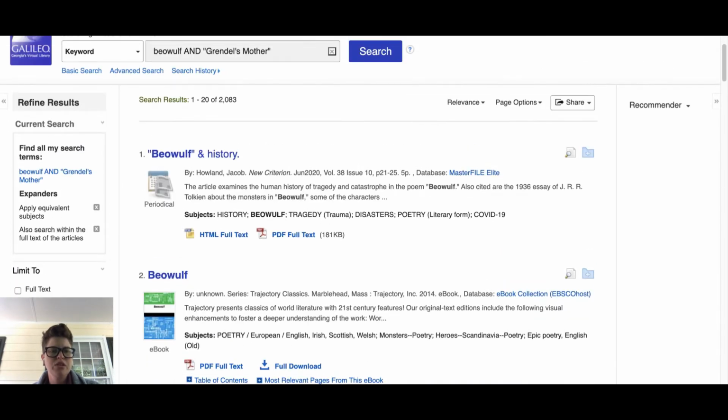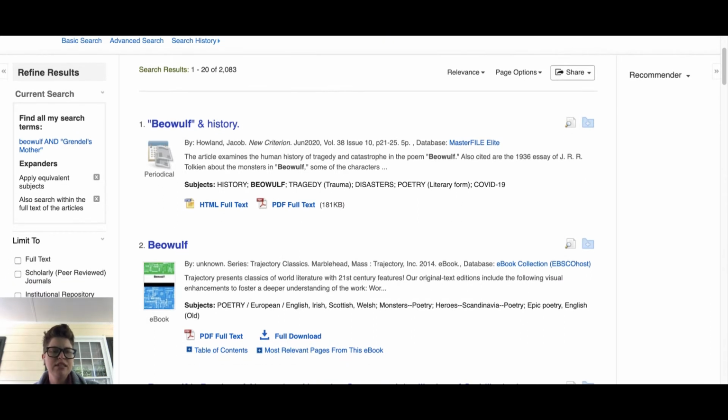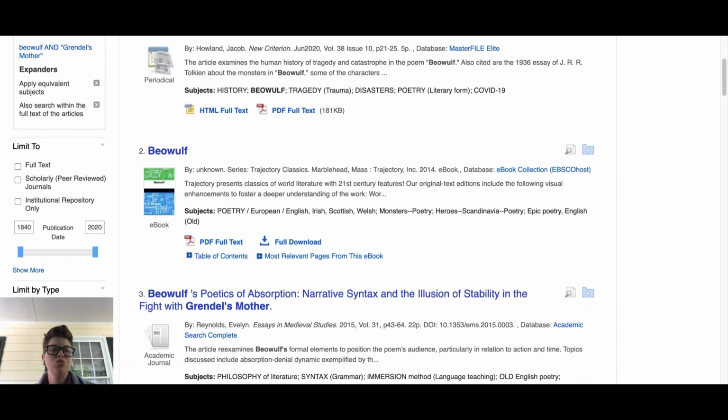So the first thing I want to do, you notice that there's about 2,000 entries here. Cool, but the first thing I see is a periodical. Periodicals are not actually really helpful for us because they don't tend to go as in-depth as we need to get. So I'm going to go down to this limit to area,